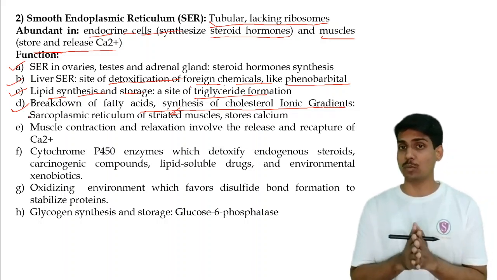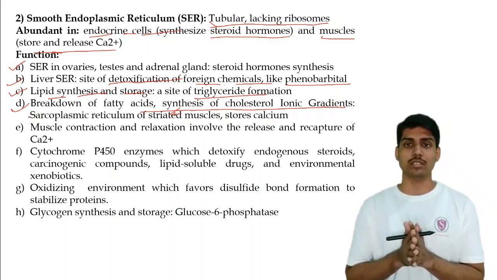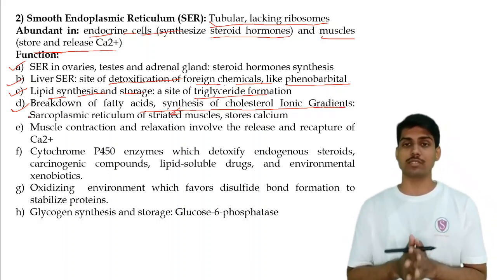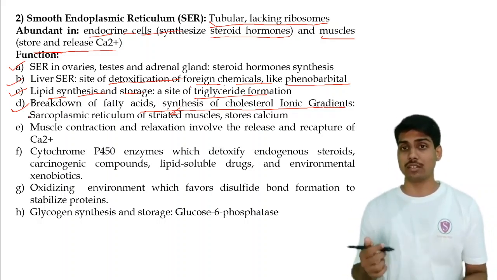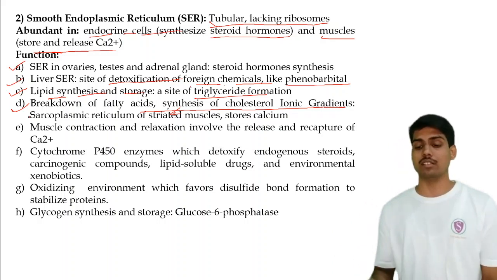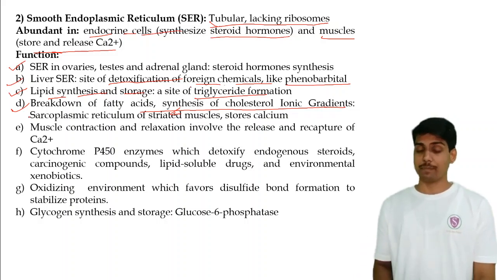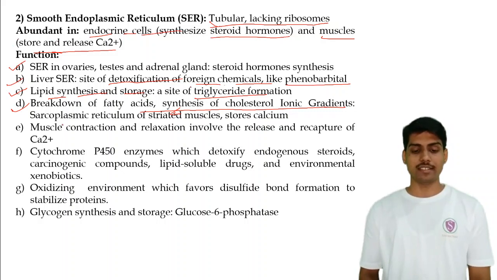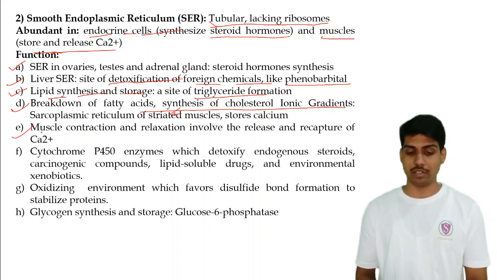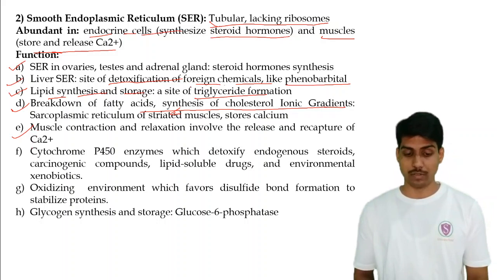Okay. The endoplasmic reticulum is the store of calcium inside the cell, and if you have studied pharmacology or physiology, you would know that calcium has a major role in determining the ionic gradients across the membrane. So that is controlled, or adjusted, with the help of the smooth endoplasmic reticulum. Next, muscle contraction and relaxation involve the release of calcium, as we have already studied. So that is also a role of the smooth endoplasmic reticulum.